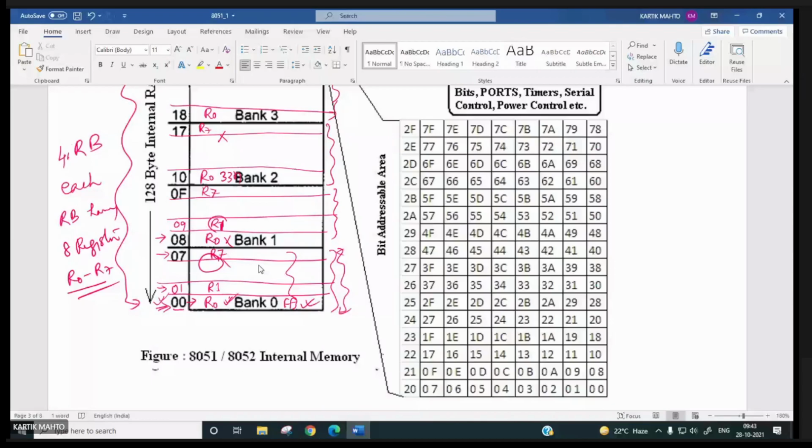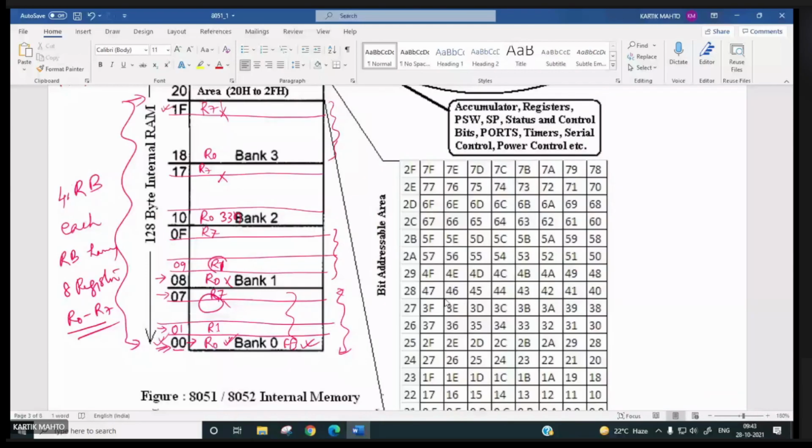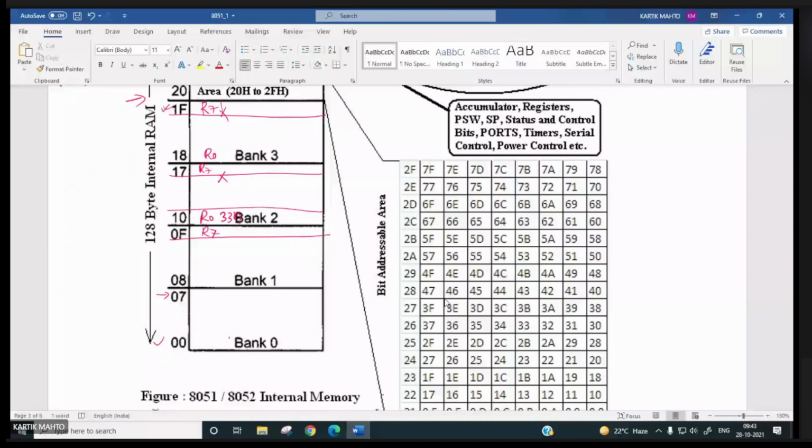No, sir, can you explain again? Okay. Suppose we have 4 register banks here. R0 I am writing over here, this is R7. This is also R0, this is R7. This is also R0, this is R7.